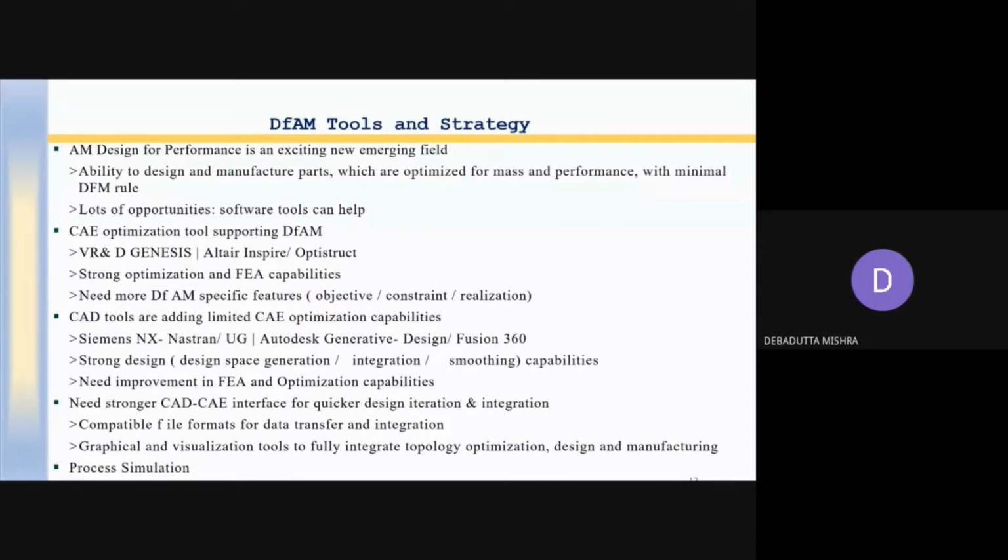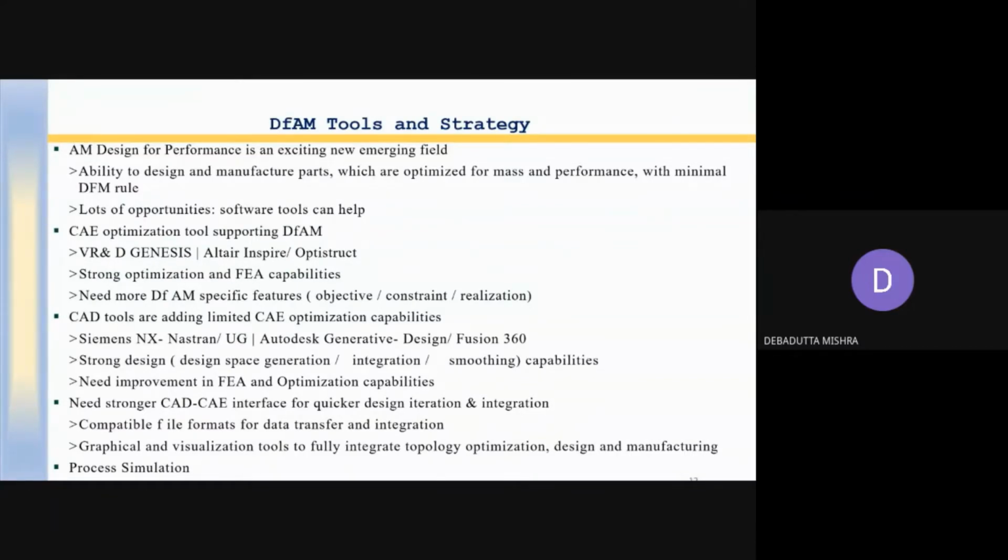The ability to design and manufacture parts which are optimized for mass and performance with minimal DFM. Now, let us suppose your objective is to build a part. Keeping in view all this complexity, you need a software application to take care of it.